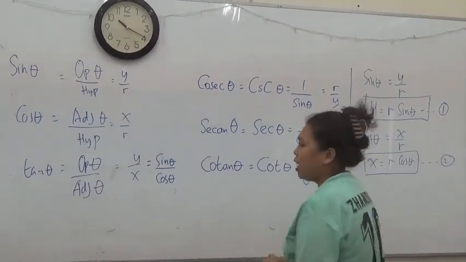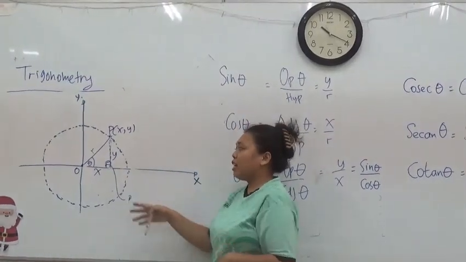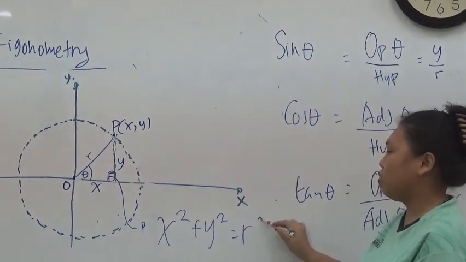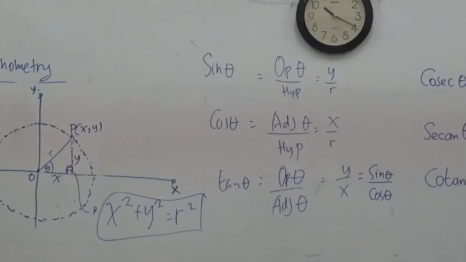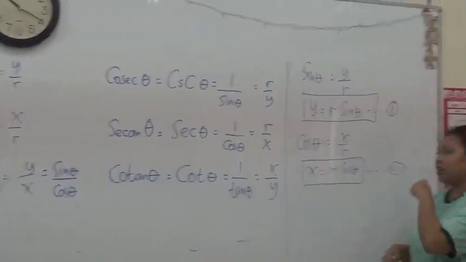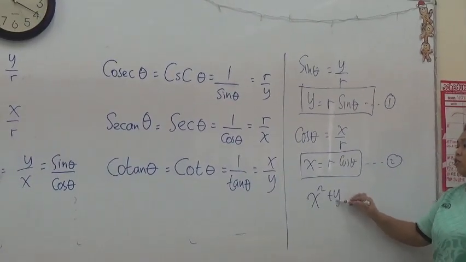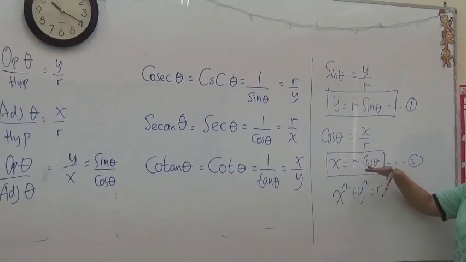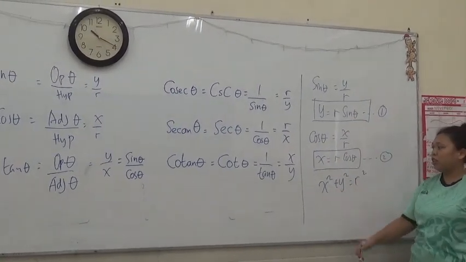This is the formula. So the formula for this right angle triangle is x squared plus y squared equals r squared, because you already labelled r as the hypotenuse and the other 2 sides are smaller compared to the hypotenuse. Now we just rewrite here x squared plus y squared equals r squared. And then you already collected x equals this and y equals this. You can substitute into this new equation.